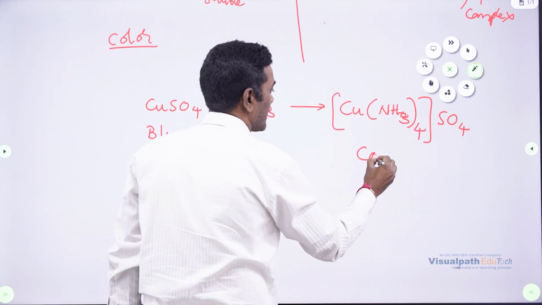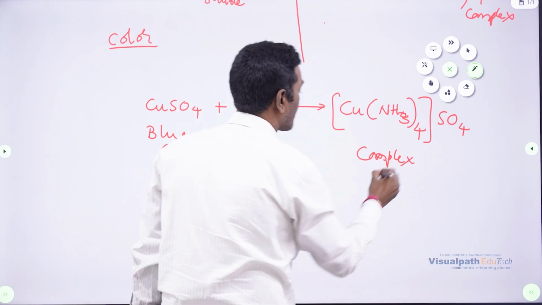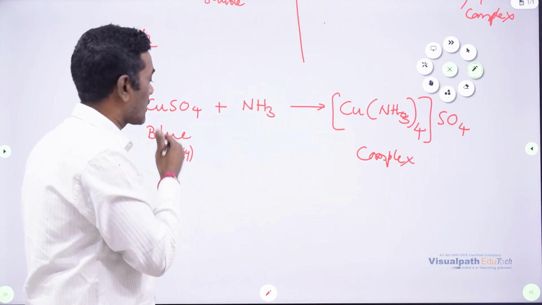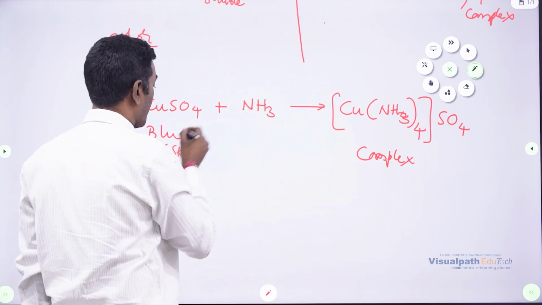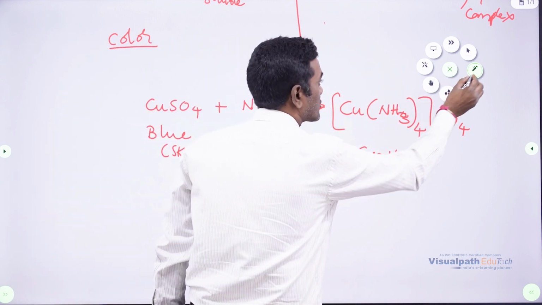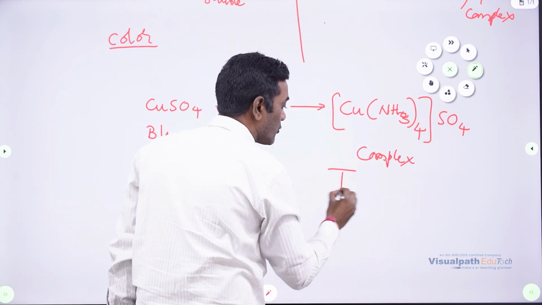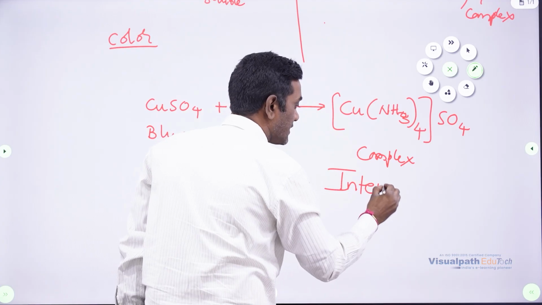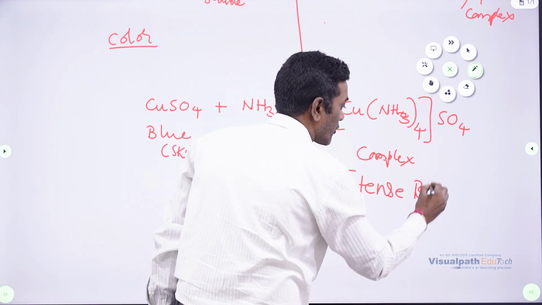Tetraamine copper sulfate is the complex which is forming after reacting with copper sulfate. What is the color of copper sulfate? Sky blue color, light blue color. Here the color is going to be intense blue color, or royal blue color,